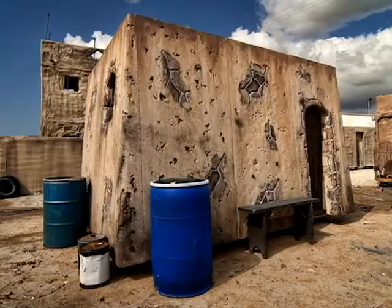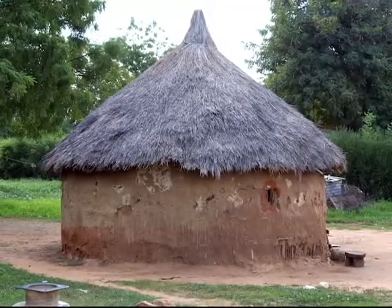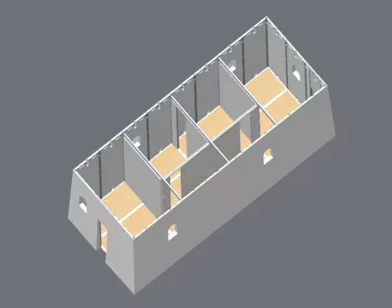The exteriors can replicate any construction material or technique from anywhere in the world. Interior walls can be moved and reconfigured in minutes. Features include breachable doors with reusable jambs,